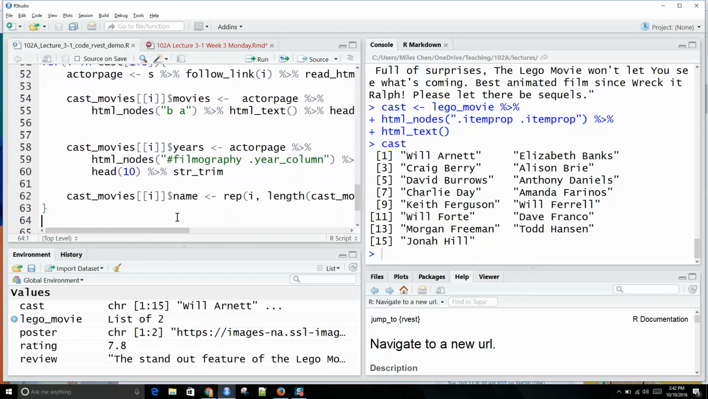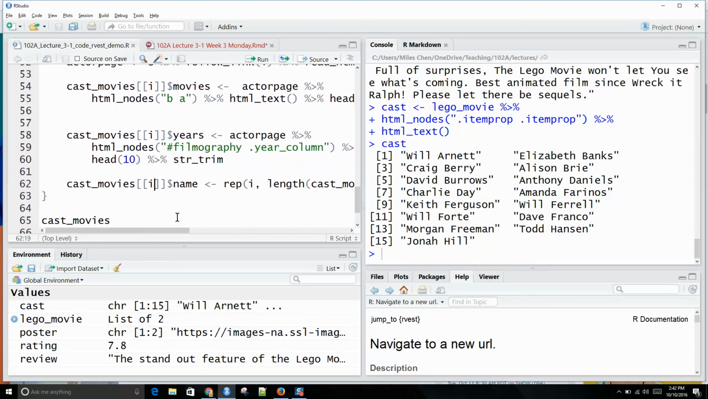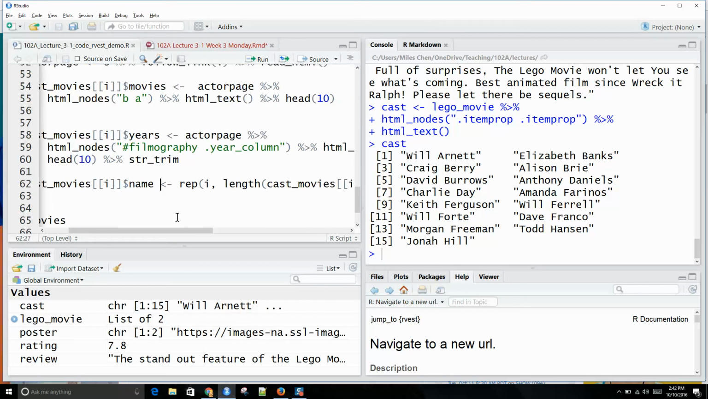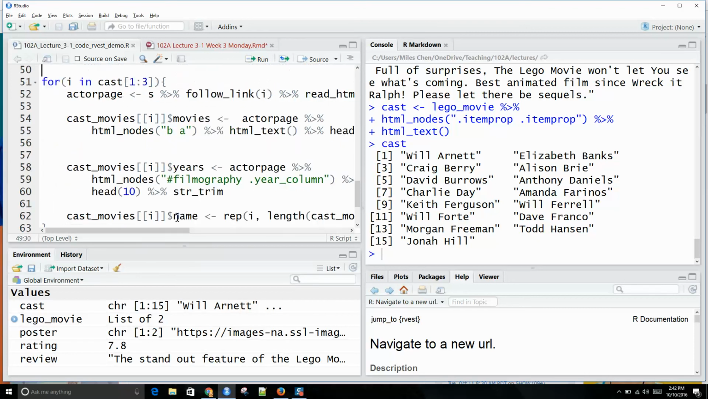And we'll talk about the string functions. Okay, and then I'm also going to just repeat the actor's name several times. All right, and so